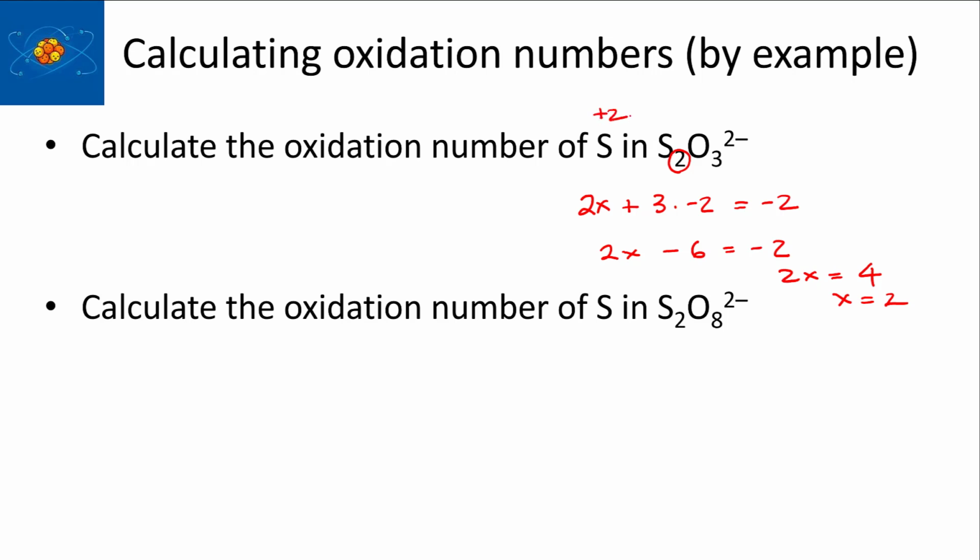Persulfate, S2O8 2 minus. To calculate the oxidation number of the sulfur, we would do exactly the same thing. We would say 2 times x plus 8 times minus 2 equals minus 2. And so I end up